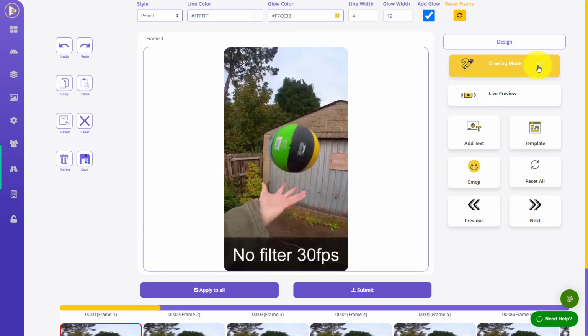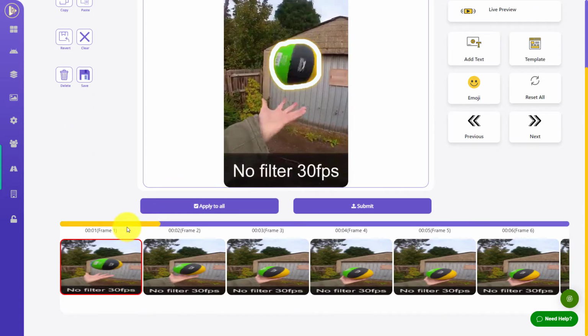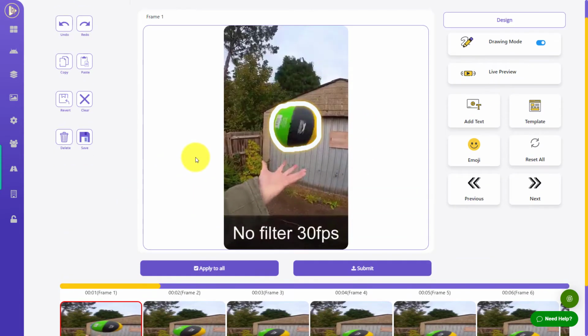So this is the headline feature really. We click on draw mode, and up here we have controls. We've got different sort of crayons essentially, or drawing ways. I'm going to keep it as pencil. I'm going to have a really thick line. I'm going to go for 15. I'm going to have a glow, which you can turn on and off, and I'm going to keep it as yellow. So what we do is we draw around, or we draw like so. Fantastic.